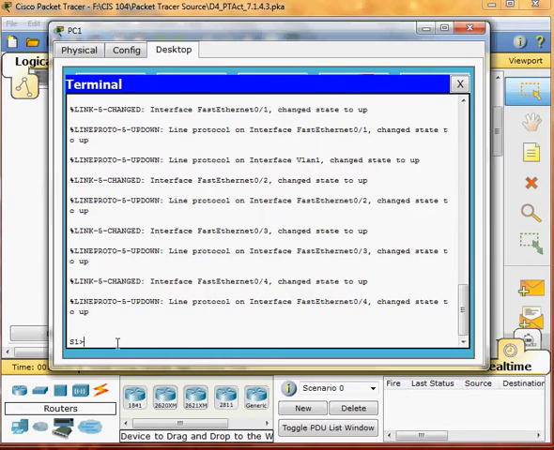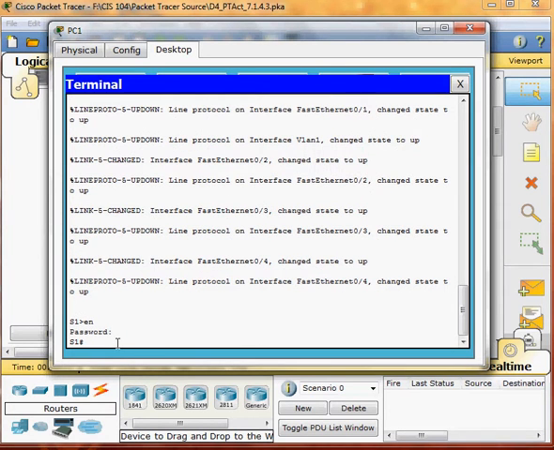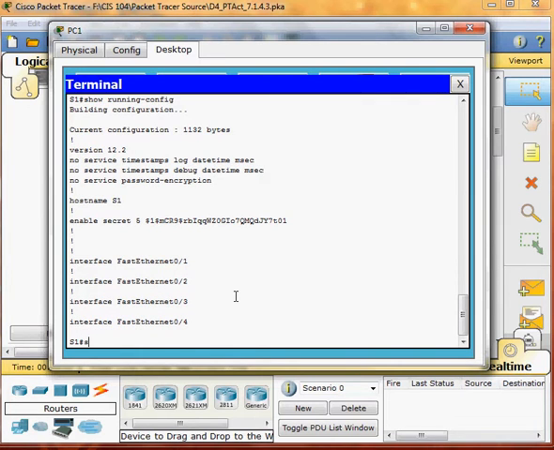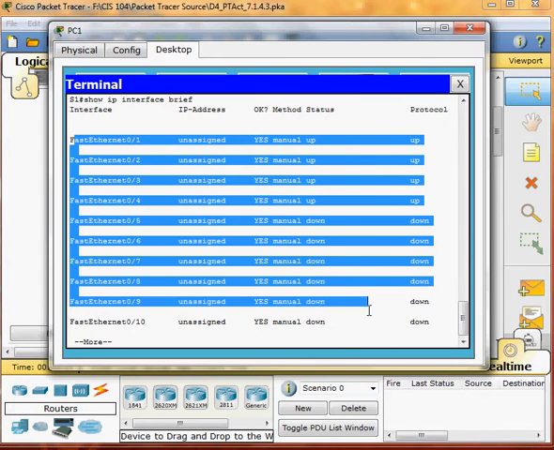Now we have to enable the switch 1, and in switch 1 we have to show running config, and let's say configuration, and let's try show IP interface brief, and this is the status of the IP configuration: down, up.